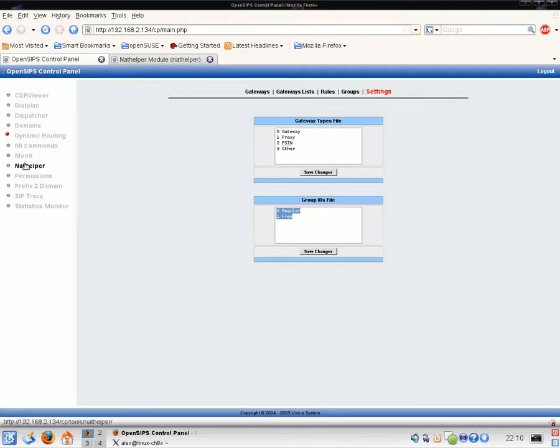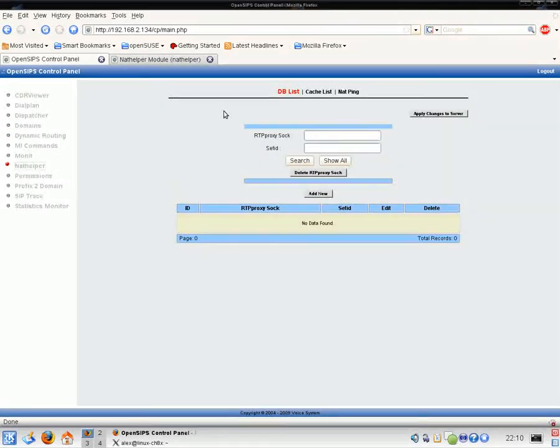Here we have the nathelper module, which has 3 tabs: the DB list, the cache list, and the natping. The DB list is the one that allows us to operate on the database. You can see here a search button for searching a certain record in the database, show all, which shows the content of the database, delete a certain proxy, and add a new proxy. And you have also here buttons for editing and deleting